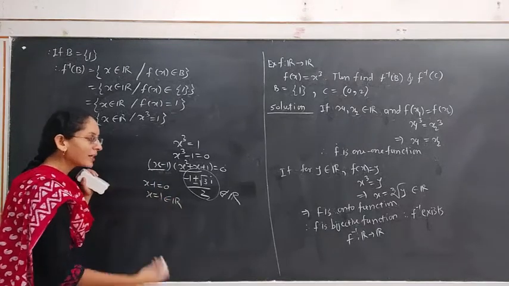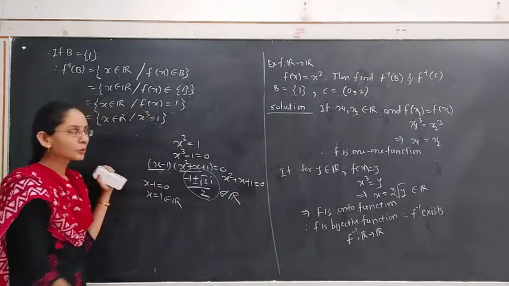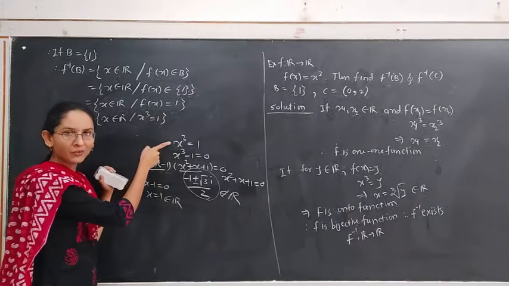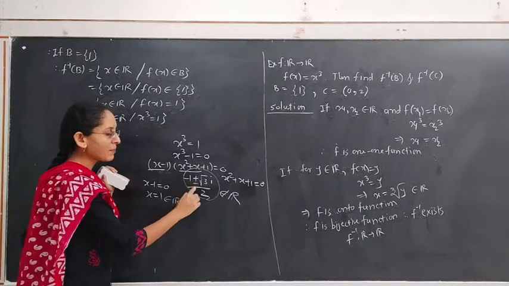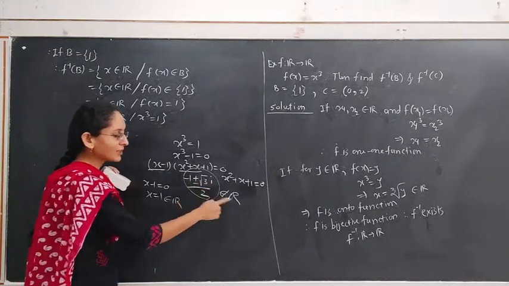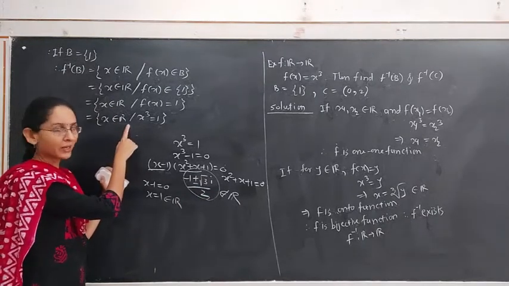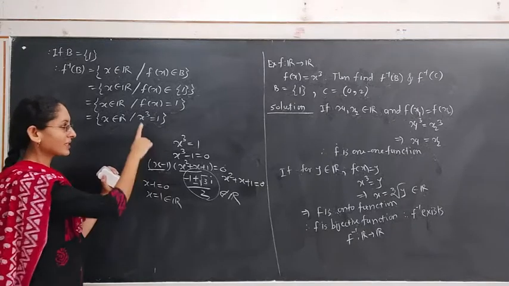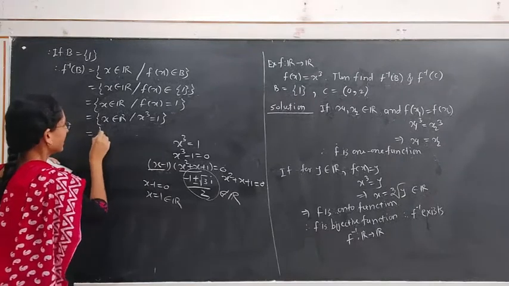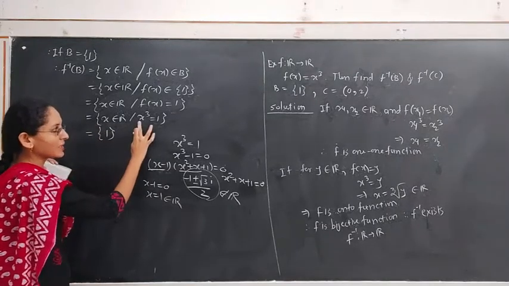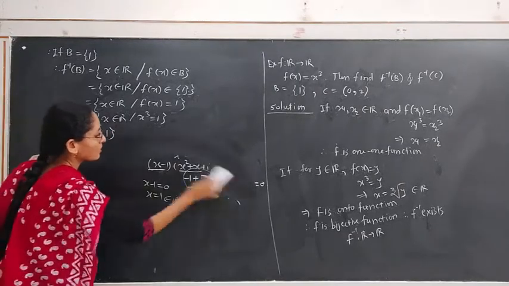This belongs to R. But if we consider x square plus x plus 1 equal to 0, then we get two roots of this equation. That means two values of x: minus 1 plus root 3 i by 2, and another value is minus 1 minus root 3 i upon 2. Both these values are not real numbers, they are complex numbers. We want here the value of x as a real number. Hence, there is only one solution for this equation, namely x is equal to 1. That belongs to R. Therefore, this set is the singleton set {1}, because the solution of this equation in real numbers is only 1. This is the inverse image of set B.